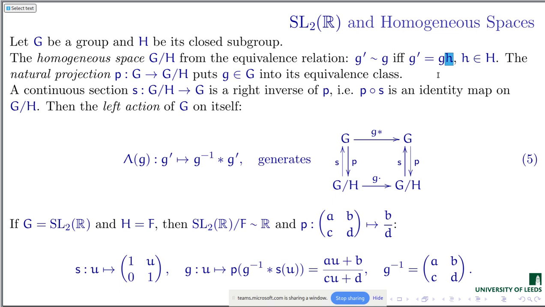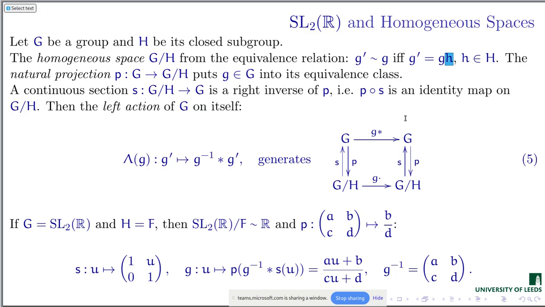Then there are corresponding equivalence classes, and if we multiply elements of the group from the left, then of course equivalence classes defined through the right multiplication will be preserved. So the action of the group on itself by left multiplication respects that equivalence relation, so it factors through the action